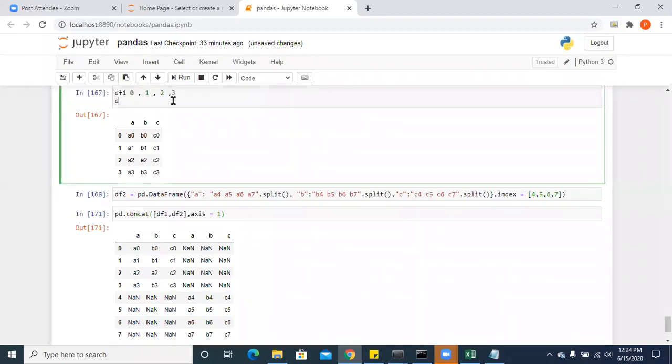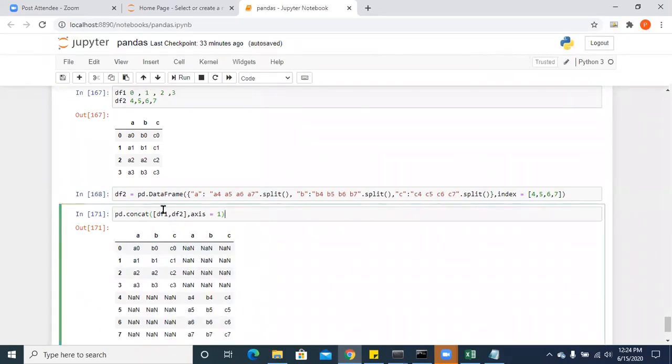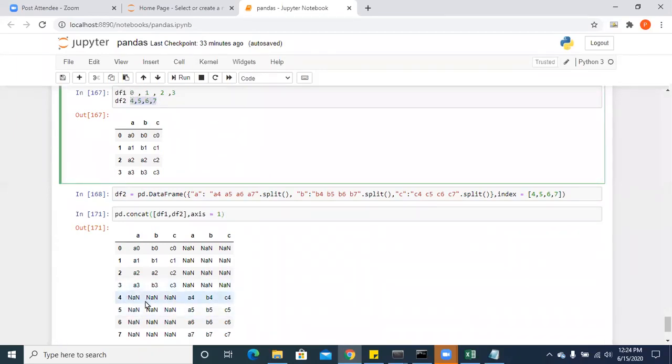In df2 we have 4, 5, 6, 7, right? So we are concatenating df1 and df2. In df2, you don't have values for index 0, 1, 2, 3, so that's the reason NaN values got placed here. In the same way, in df1, you don't have 4, 5, 6, 7, so those got replaced with NaN. Understood, guys? So this is how you will be using concatenation in the pandas data frame.